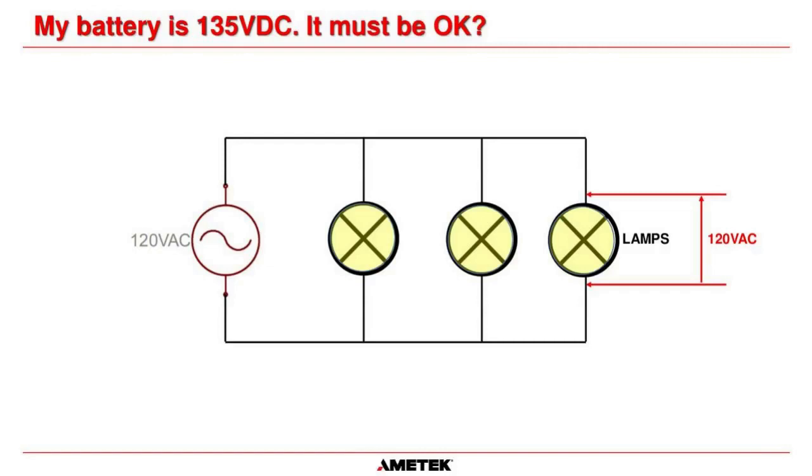Okay, so that's your 120 volt AC supply that comes into your house. Let's say you have 3 lamps. There's lamp 1, lamp 2, and lamp 3. Let's say one's in the kitchen, one's in the dining room, and one's in your living room. All of those lamps are connected in parallel. So as you can see here,